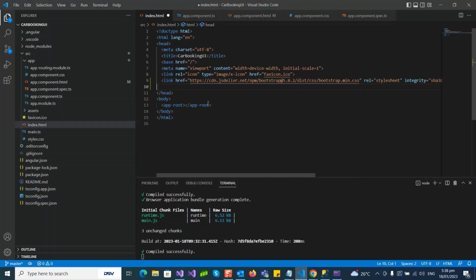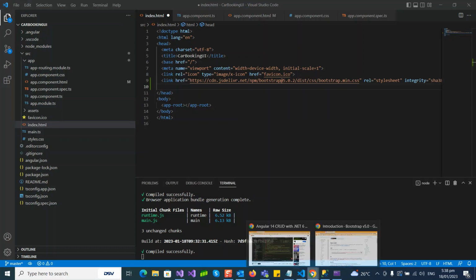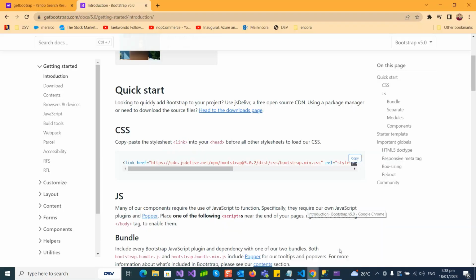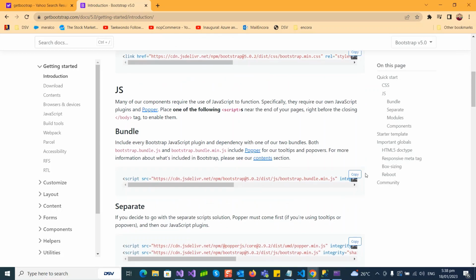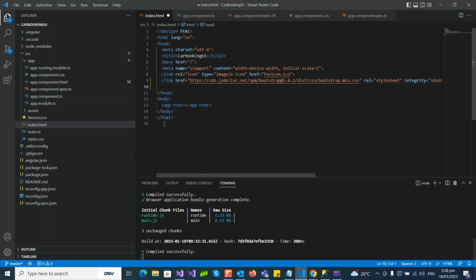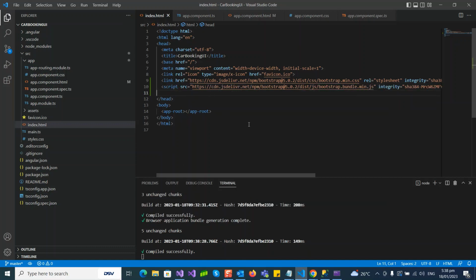It's from here, as well as the JavaScript files, JS files here. Okay, so we have that in our file now. Compiled successfully. Alright. Okay guys, so we can start now. So in the app